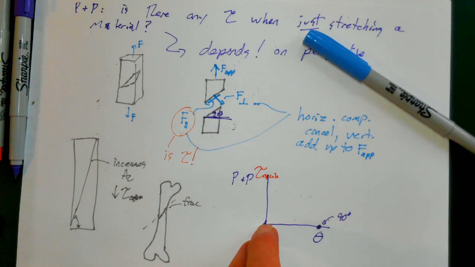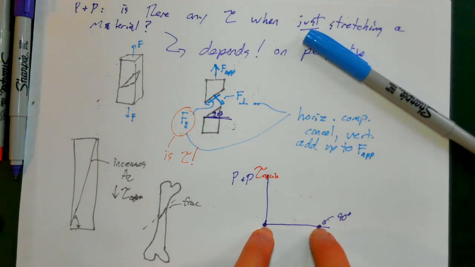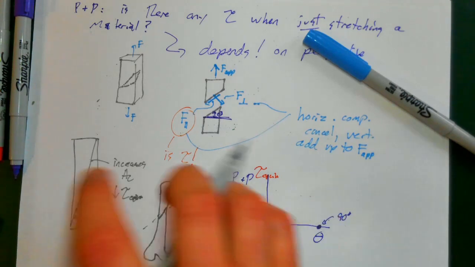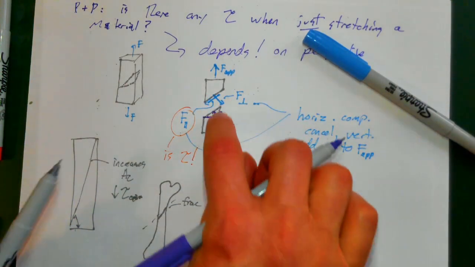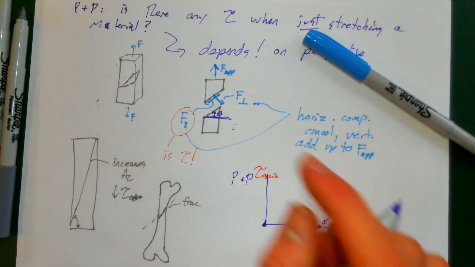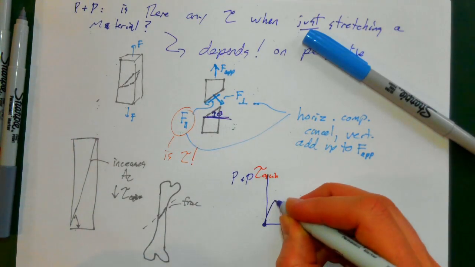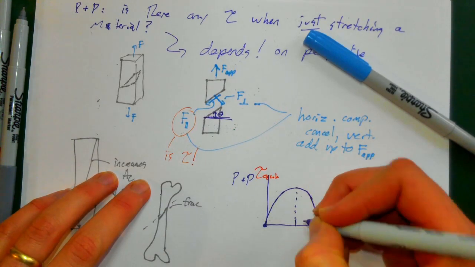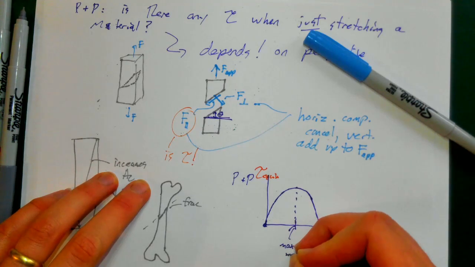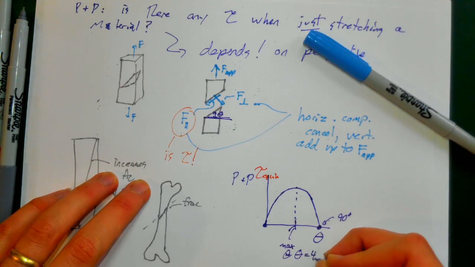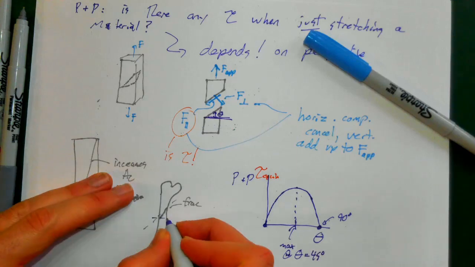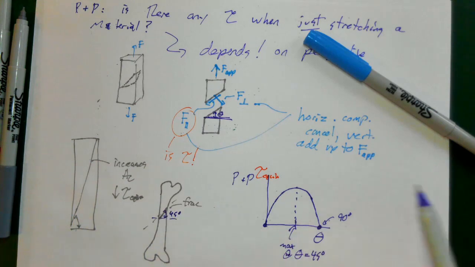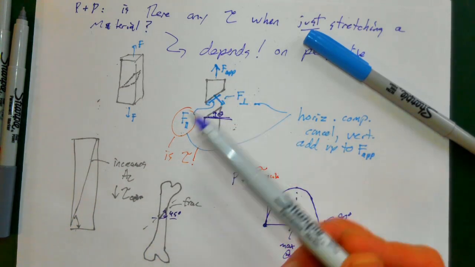And if you're to say, hey, it's 0 at theta equals 0 and 0 at theta equals 90 degrees, but we know that at some intermediate angle we actually have this phenomenon occurring, you might guess that this curve looks something like that, and it basically has its max at theta equals 45 degrees. And that's basically why we observe